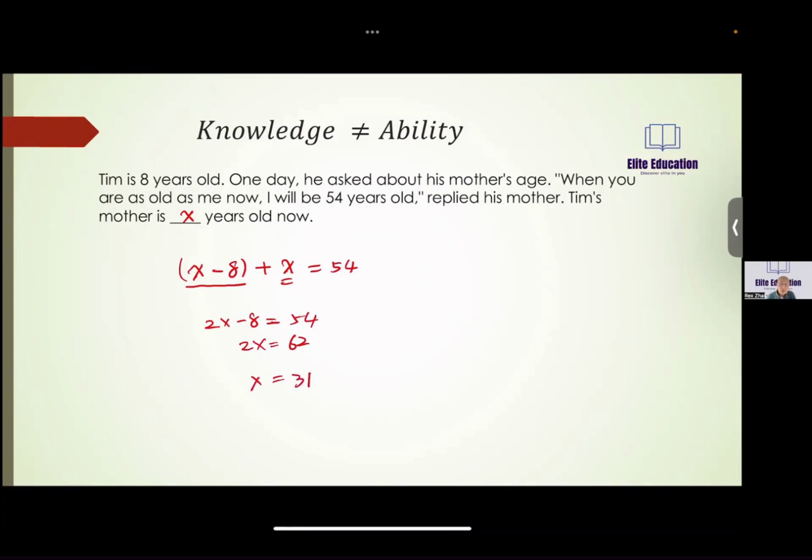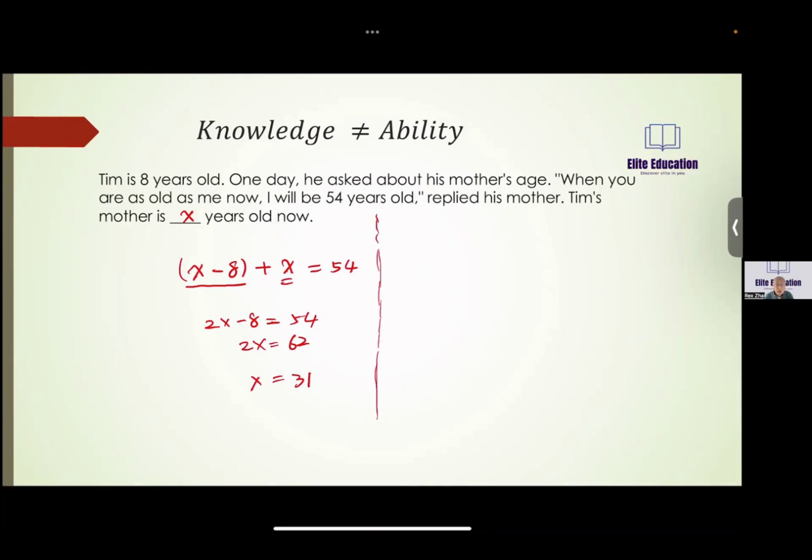Why do we say that the concept of algebra should only be introduced in middle school? Actually, algebra is an abstract concept involving numbers. For adults, something like X minus 8 plus X equals 54 may seem simple. At their current stage, it's very difficult for children to form this kind of understanding. Even grasping what X means is hard for them, and the concept of X minus 8 is even more difficult to comprehend. So, let me explain how we solve this problem in class.